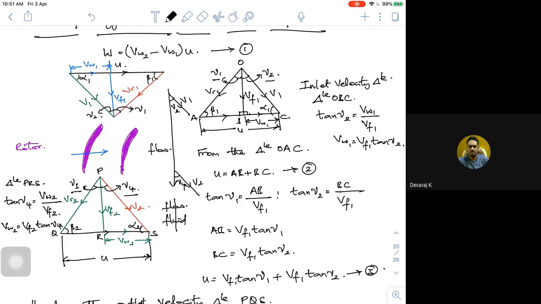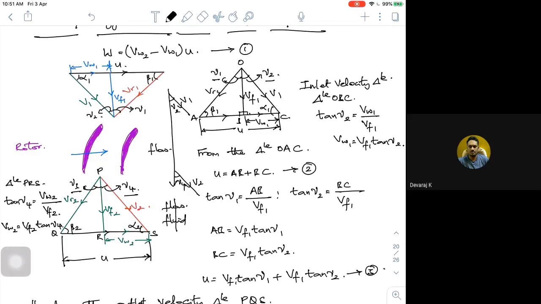So why is it so important actually? Now, if I try to see, you have the flow angle. All this we used to study with respect to the flow angle, alpha. Alpha is made with respect to your direction of rotation. If I draw a tangent to the wheel and see what angle it makes, we don't have any reference with respect to the flow direction.